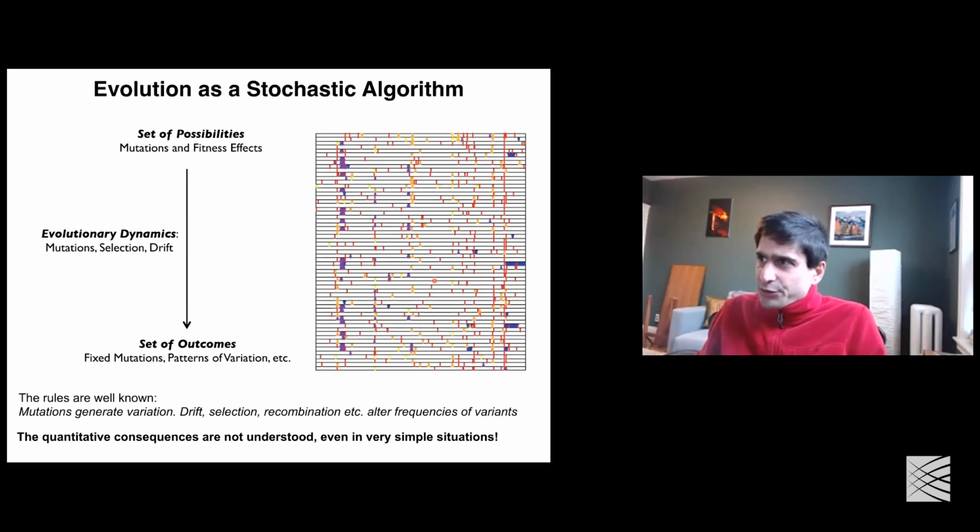And the different colors represent different types of mutations I don't want to get into in great detail, but you see these patterns of evolutionary outcomes in these lab experiments, which obviously reflect something about the combination of deterministic and stochastic factors that characterize evolution on this particular landscape in this particular population. So you see some mutations that are repeatedly observed across many replicate populations,